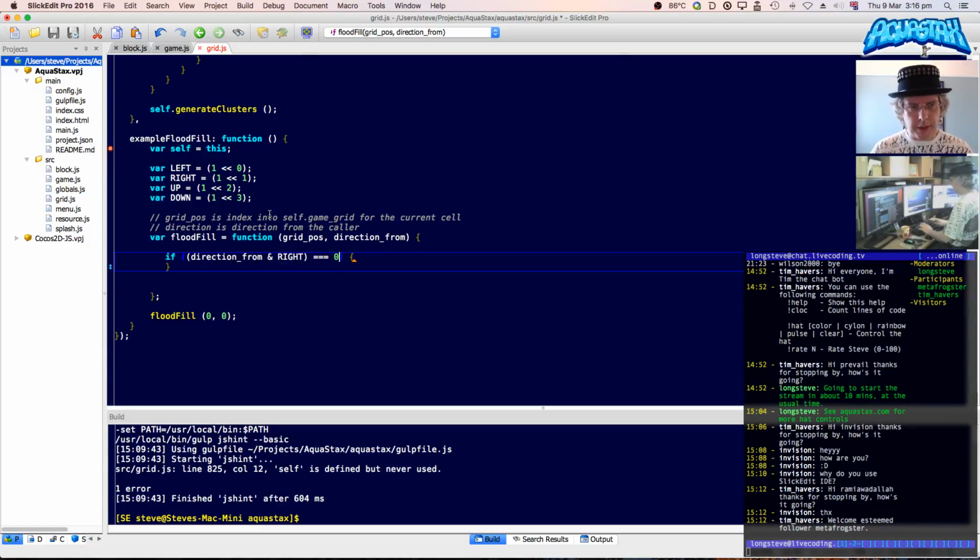Hopefully you'll be able to understand it. So if the direction of right is 0, then we can go, so if we've not come from the right, we can go into the right. So if we've come from the top, the left, or the bottom, we can actually move out to the right into the next cell. So the next cell is going to be flood fill,